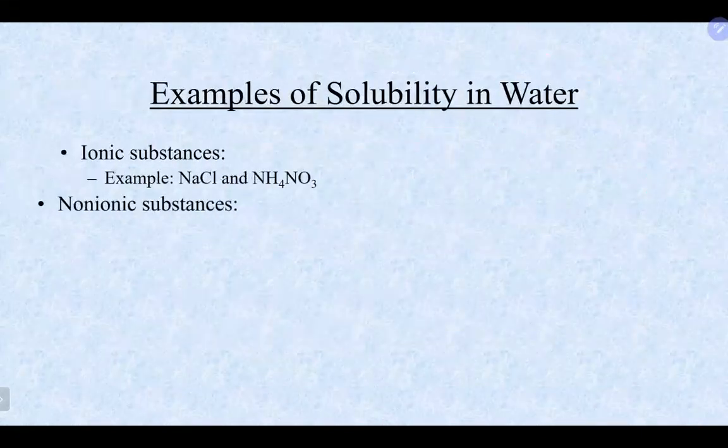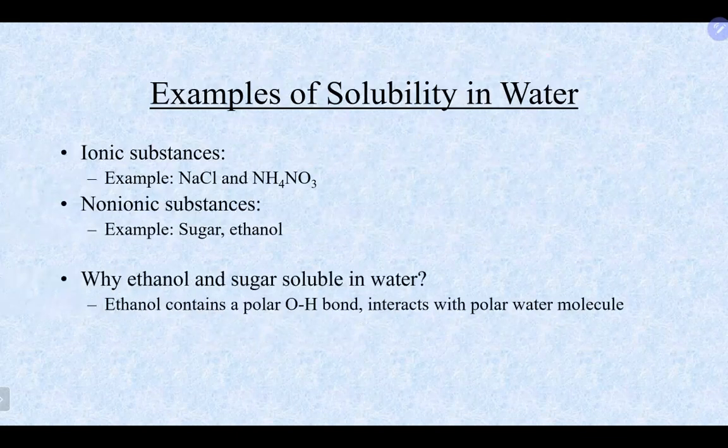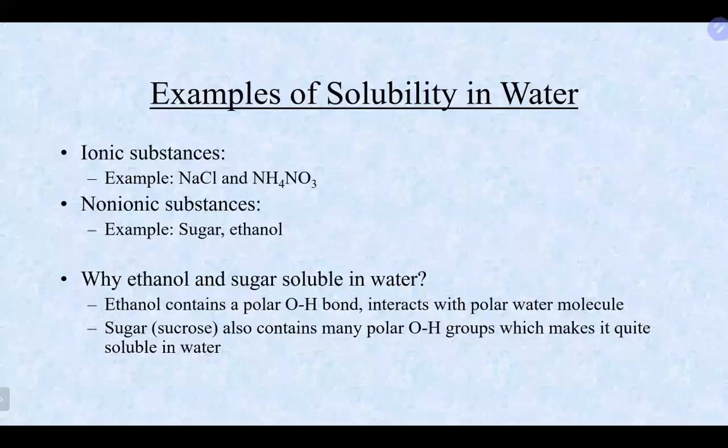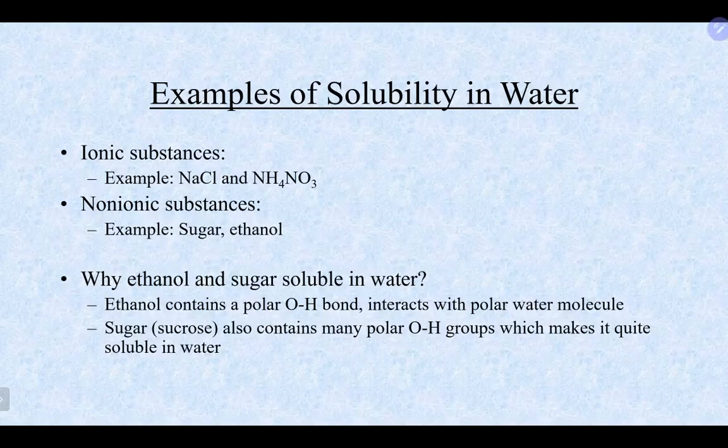So let's talk about some examples of solubility in water. If something is soluble, that means they will mix. If we're talking about a solid in a liquid, that typically means the solid will dissolve in the liquid. If we're talking about two liquids, it'll just look like one layer, right? If something's insoluble, the solid will not dissolve in the liquid, and with two liquids you will get layering between the different liquids. They will separate out from each other,